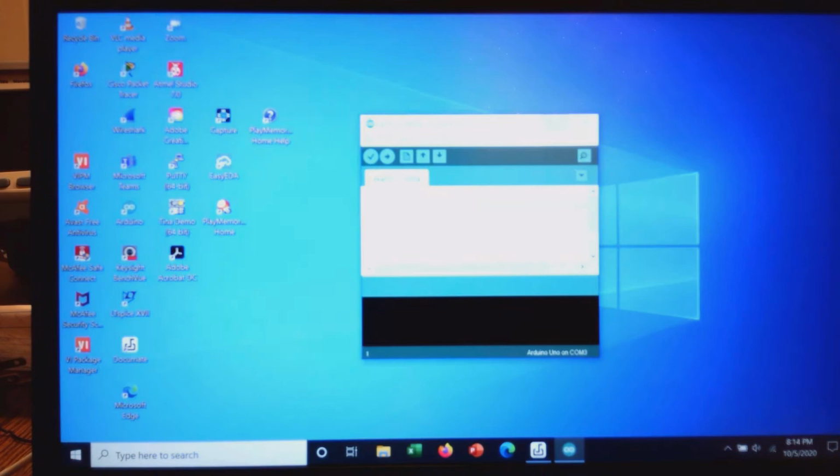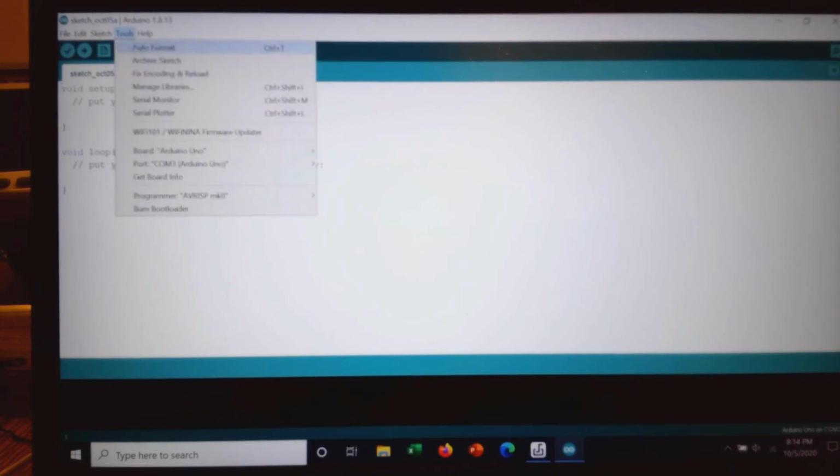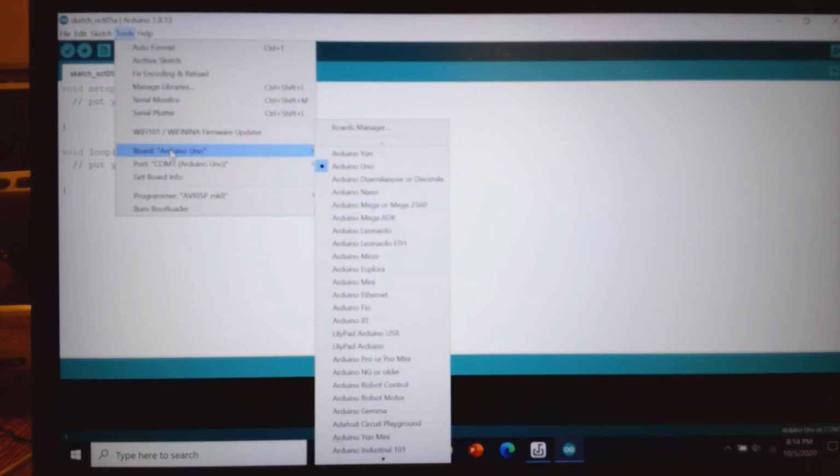So let me blow this up. Hopefully you can see this. This is all you need to program an Arduino and to upload the program to the Arduino. Some of the things that are very important would be over here in Tools. In Tools you see Board, and it turns out it's Arduino Uno, so it has seen what the board is,